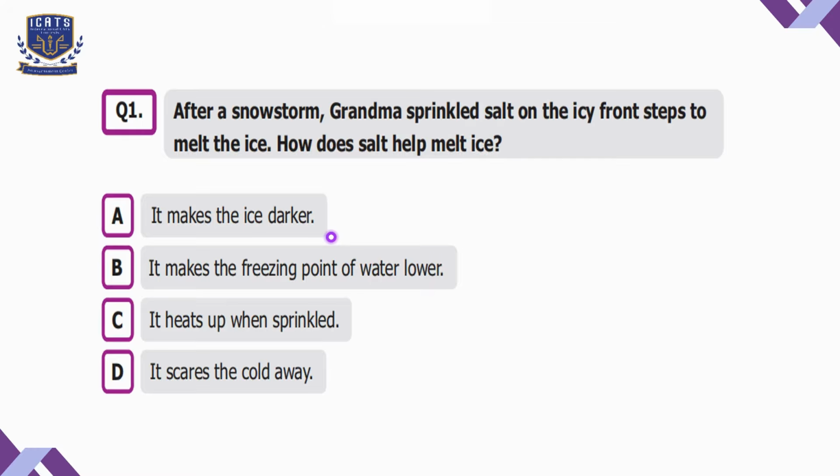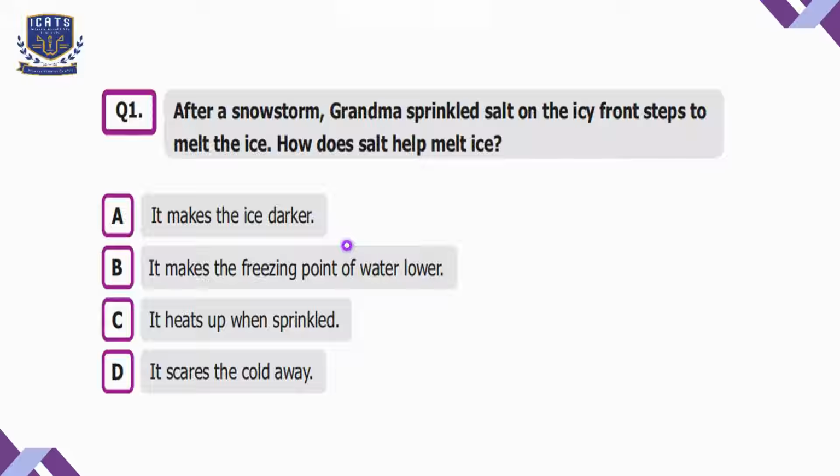So let's discuss this point. Basically, water freezes at 0 degrees Celsius, and we say 0 degrees Celsius is the freezing point for plain water. But when we sprinkle salt on the ice, it mixes with the tiny layers of water on the ice. The water then becomes salt water. Salt water freezes at a colder temperature than plain water. Like instead of freezing at 0 degrees Celsius, it might need to be minus 5 degrees Celsius or even colder